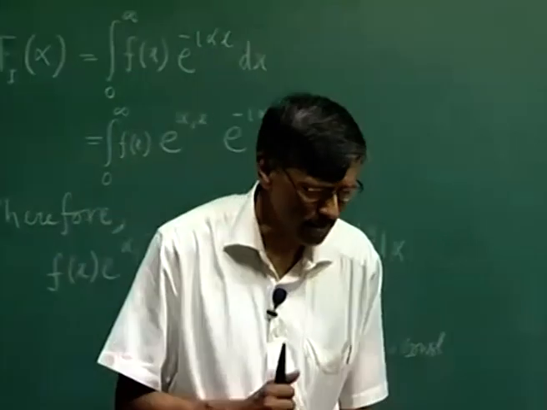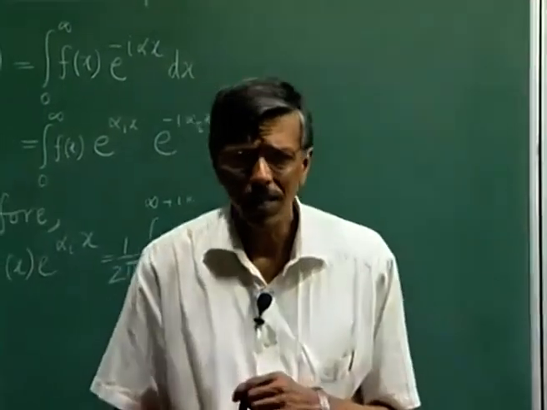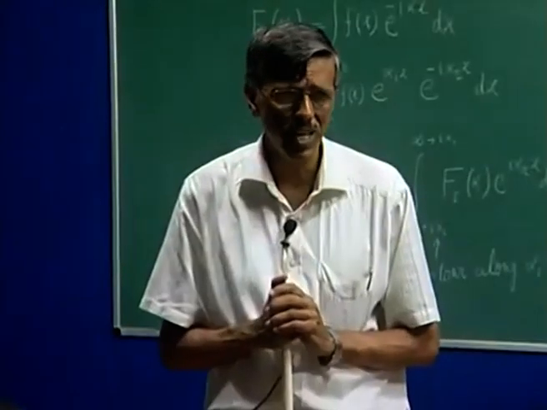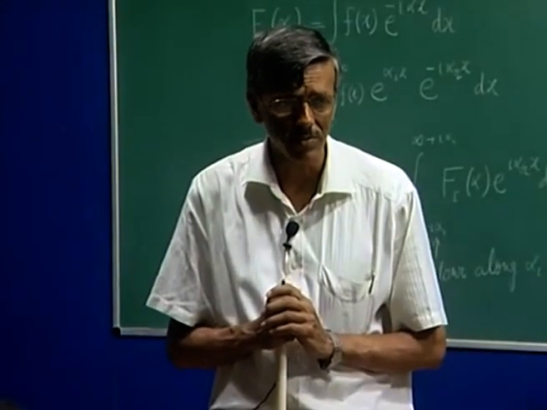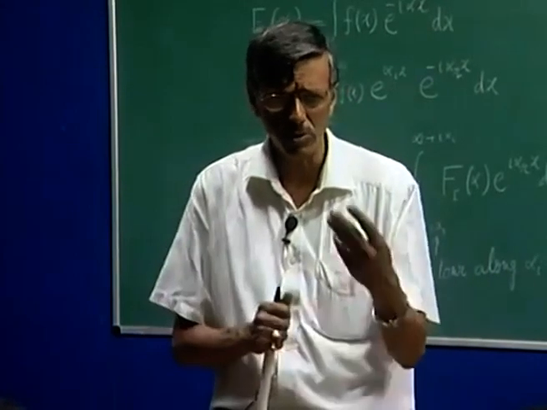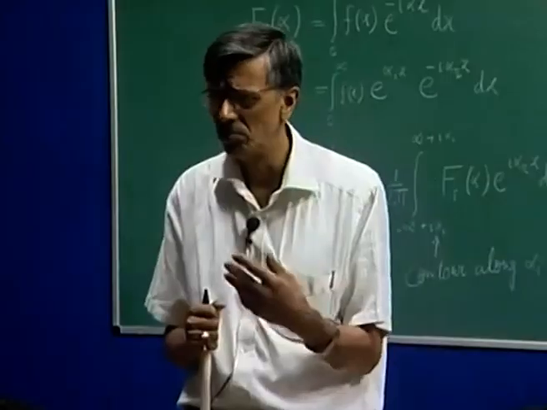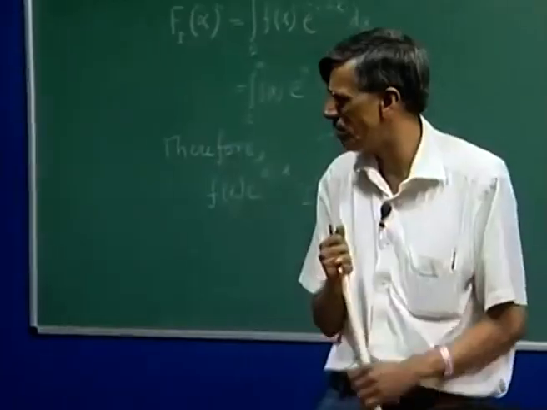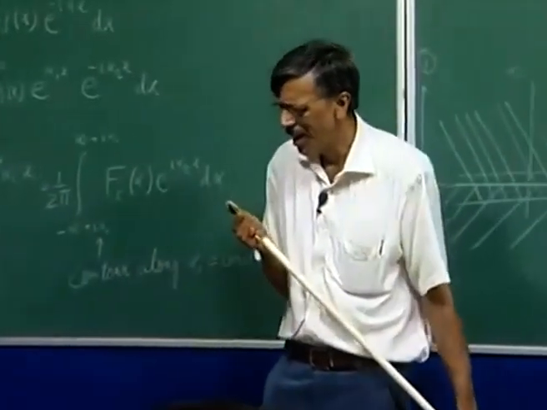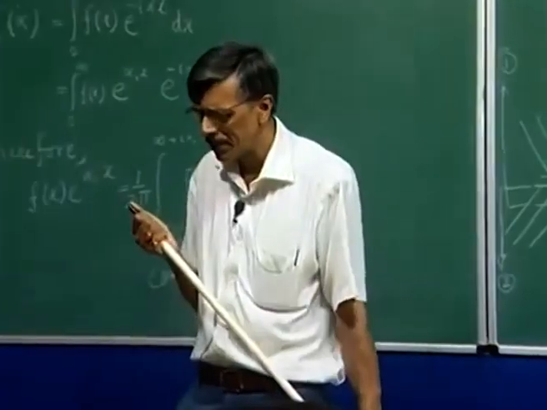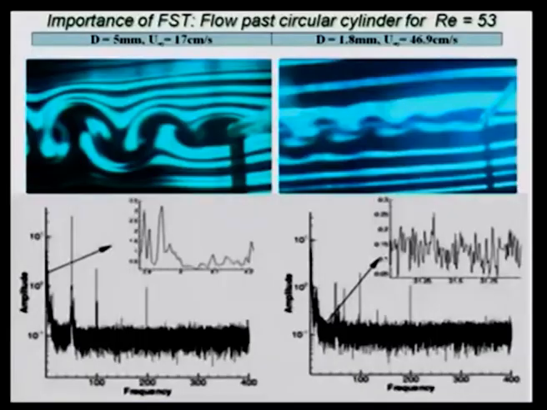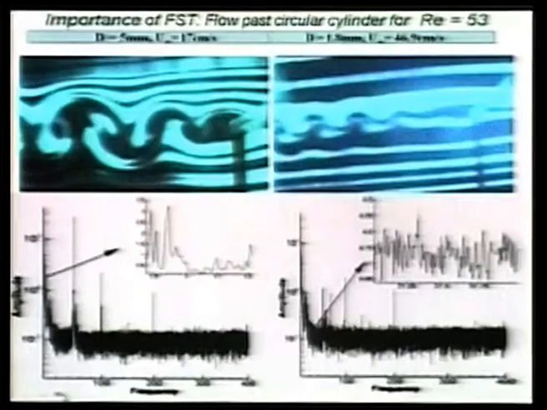At the same time, last class we did a critique about characterizing experimental facilities in terms of a single quantity called turbulent intensity, like Tu, what you define as a kind of root mean square disturbance, average disturbance in the physical plane itself. That kind of characterization falls a little short, and that was what we wanted to highlight through this experiment. So, what we did, we fixed the Reynolds number,